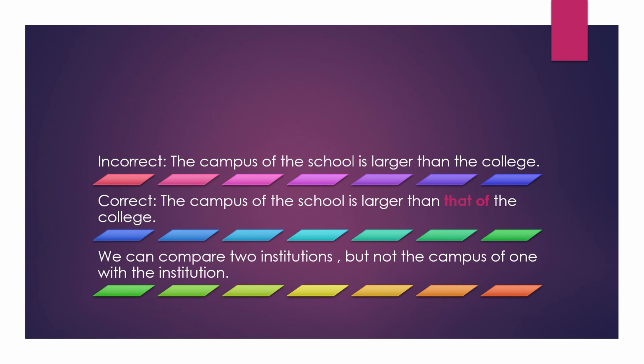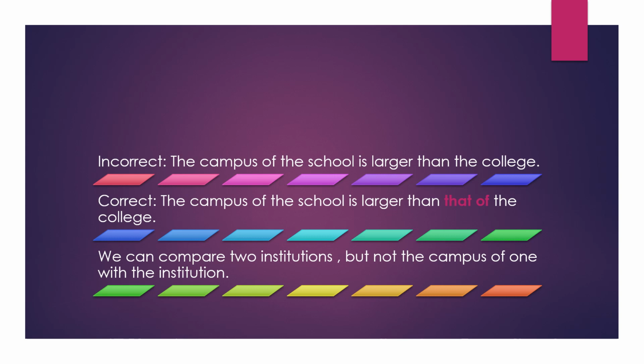The campus of the school is larger than the college. Now, again, we are trying to compare using the degree larger. Comparing what? Comparing the campus, but we are making an incorrect comparison. We are doing it incorrectly. The former part of the sentence suggests that we are considering the campus of the school. The latter part of the sentence suggests that it is the college. So we're trying to compare the school's campus with the college and not with the campus of the college but with the entire college, which is incorrect.